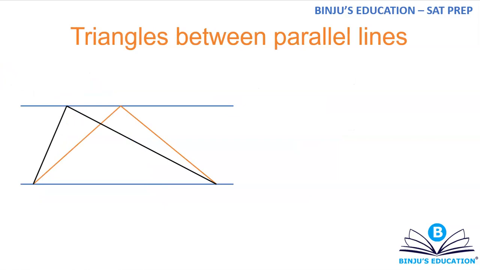Next thing is triangles between two parallel lines. So what you need to remember is that, let me make the triangles first. So let's say one is ABP and another is ABQ. We are here to discuss the areas of these two triangles, or the relationship between the areas of these two triangles. Now when you talk about area, if I talk about area of triangle PAB,